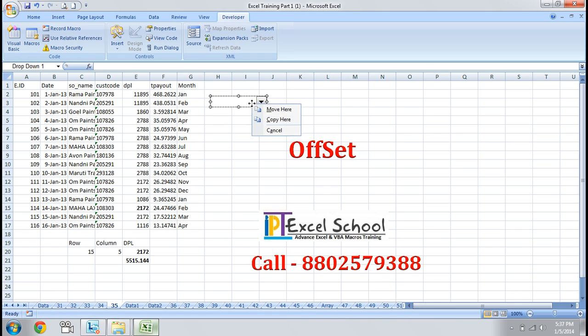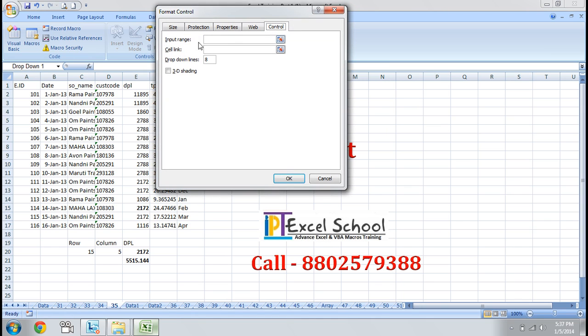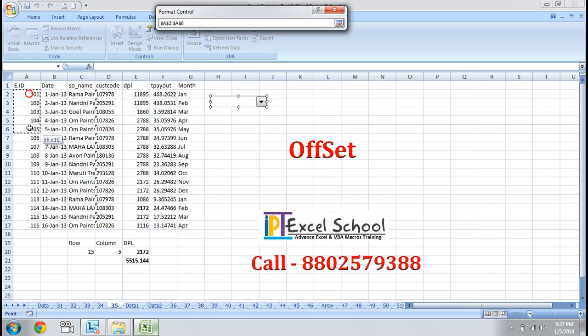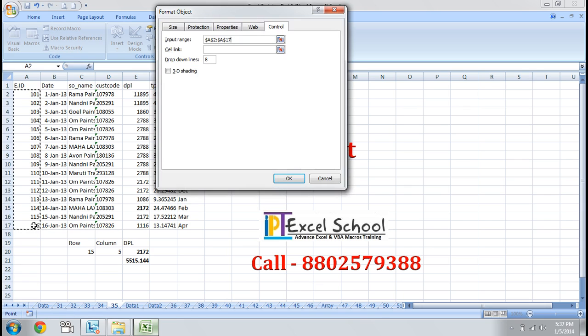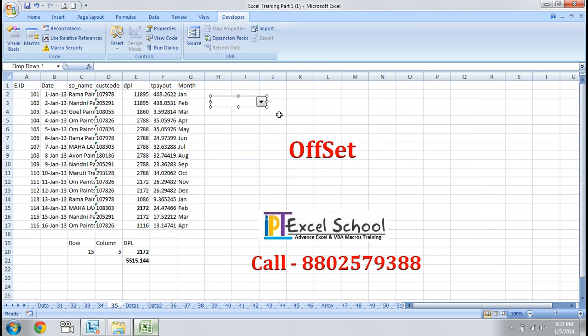I right click on it, Format Control, then in the input range I select a sort of value. Then see what happened when I click it. The whole range is now put in a combo box,